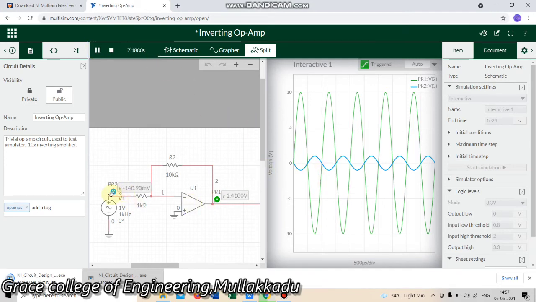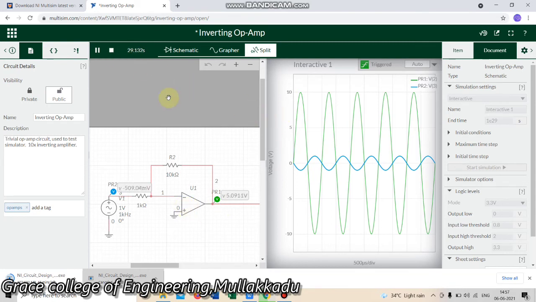See, the input is in blue color, which is minus. The output voltage is taken on the output side in green color, and it is a plus voltage. If blue is minus and green, the output voltage, is plus, then the voltage is obtained in inverted form. This is obtained using this inverting operational amplifier. Here we have to give the input towards the negative of the operational amplifier, and the positive of the operational amplifier should be grounded, and the output should be taken at the sixth pin.